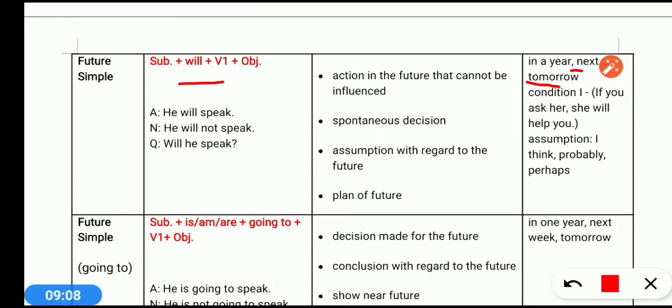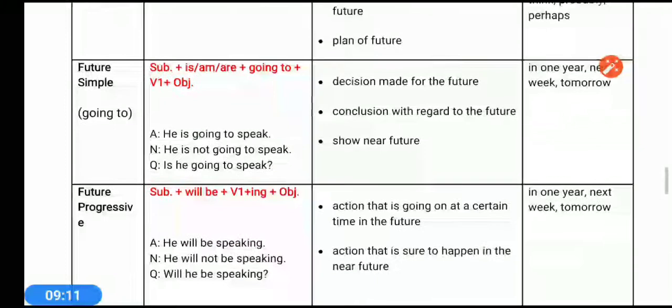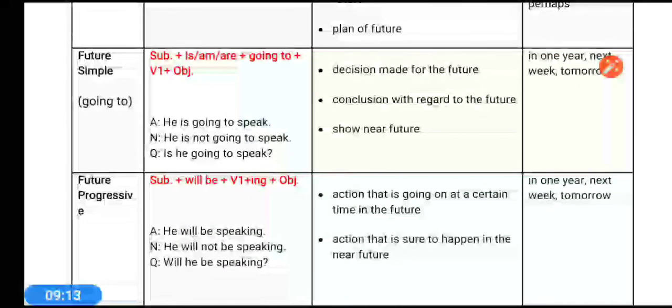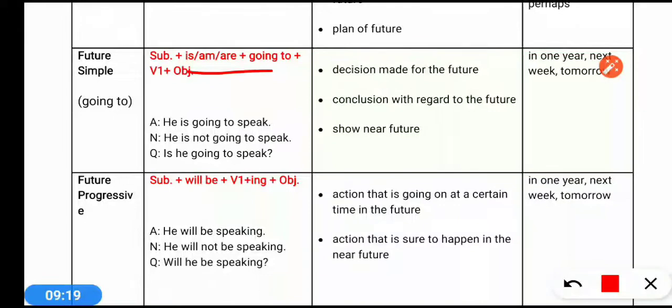If we talk about future simple, the going to form, the going to form is also used for showing the future. Instead of will we use is plus going to. Like he will go to the market or he is going to go to the market. He will come here today or he is going to come here today. So instead of will we can use the going to form also, is plus going to. It shows a decision made for the future, means it shows some certainty of action in the future, something will happen definitely, then we use future simple tense in the form of going to.